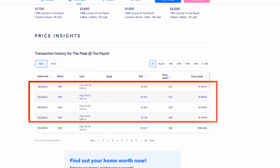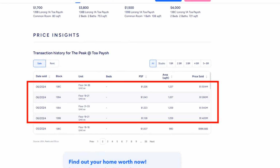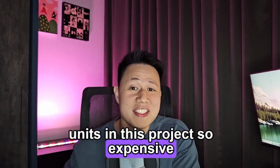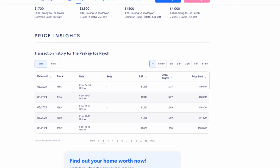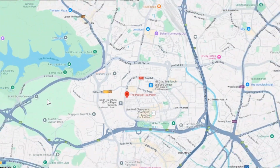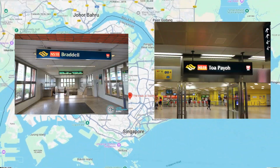below. We've seen that the buyer paid quite a bit above the last transacted price for his unit here. But the thing is, even the last transacted prices are not cheap. So that begs the question, why are units in this project so expensive? This project has always been a pricey one, with 5-room flats here easily crossing the $1.3 million mark. Like I mentioned earlier, I attribute the high prices to the central location, proximity to 2 MRT stations, and the